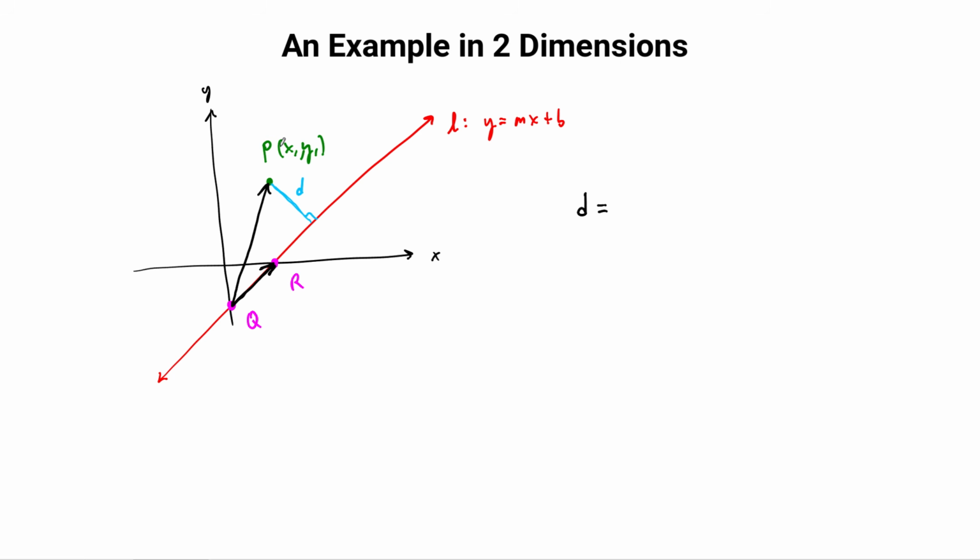So if we were to take the cross product of these two, then QR cross QP would be a vector that points straight out of the screen at us. I'll try to draw it maybe like this, coming straight out of the screen, perpendicular to the plane of the screen. So this is going to be our cross product. The way I've done it here is QR cross QP. It doesn't matter though. And remember the length of this vector, the length of QR crossed with QP, is